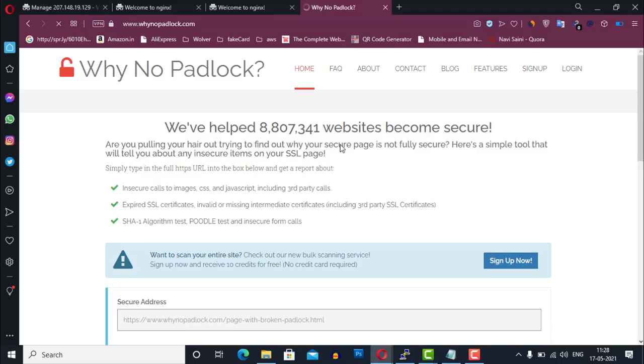SSL is used by several websites for protecting their customers' data like credit card numbers, OTPs, passwords, and other private things. Not only privacy, Google Chrome announced that they will be placing a "Not secure" label on the websites that are not using SSL. And these things create a negative impact on visitors and search engine ranking.